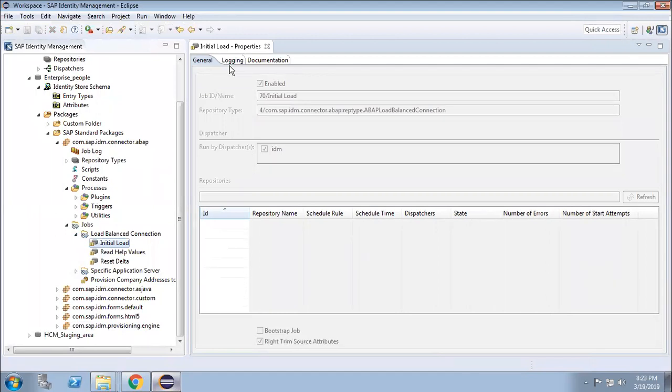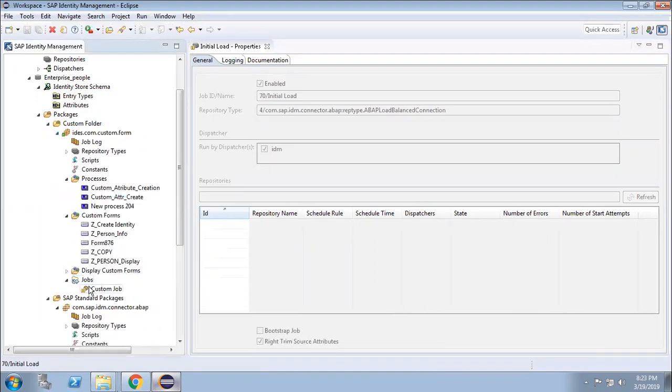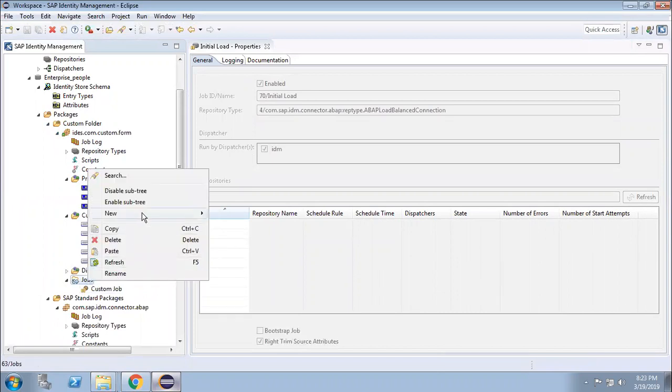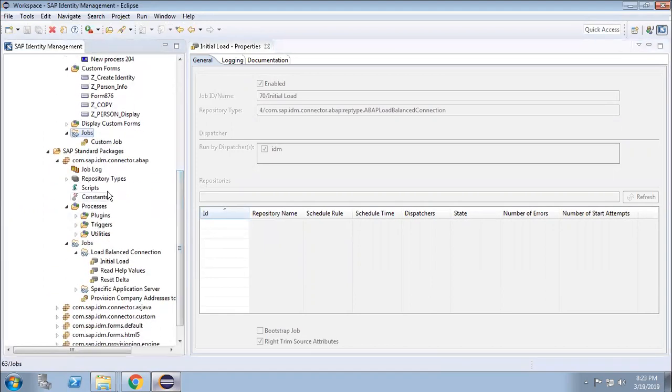Okay, so perhaps you have noticed one thing as well. When I created this job, you can see there are two types of job. One is a job, that is a normal job. One is a repository job. This initial load job is a repository job, already provided as standard by SAP.